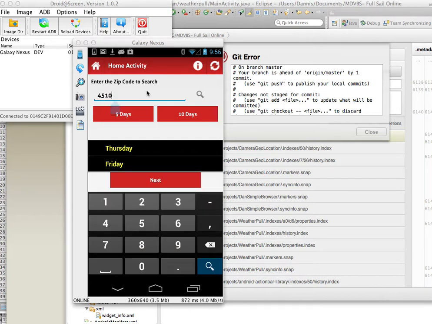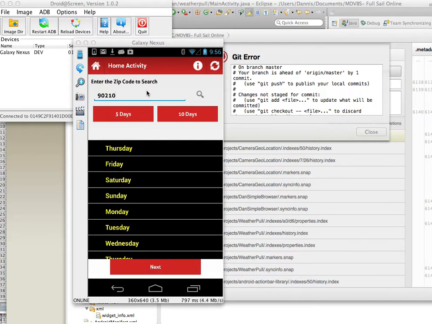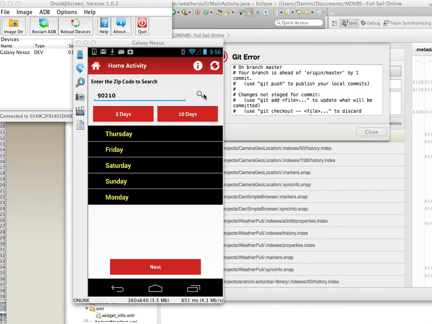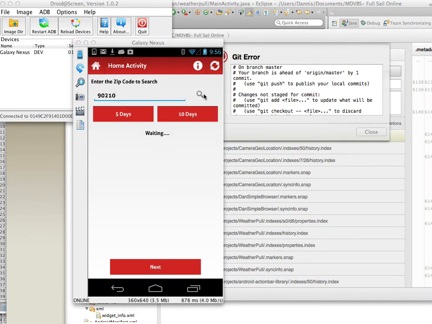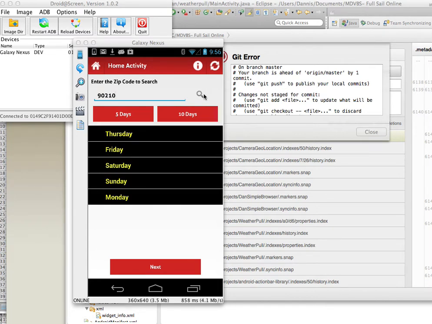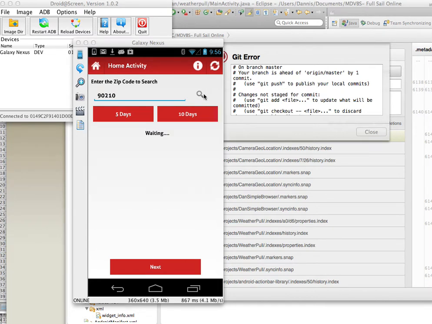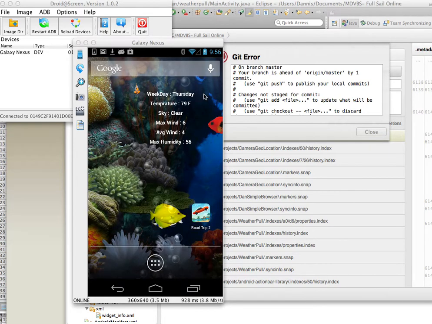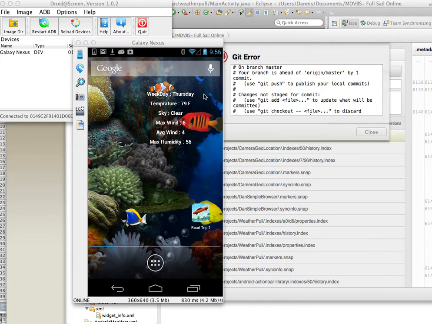And if we enter another zip code and hit this refresh, we will actually get the weather. So it's the same thing as the search icon here. We do 5 days, we refresh, we only get 1 day, but the main thing is to search. So that's the app. The other thing is the widget, which is actually already running, but all it does is